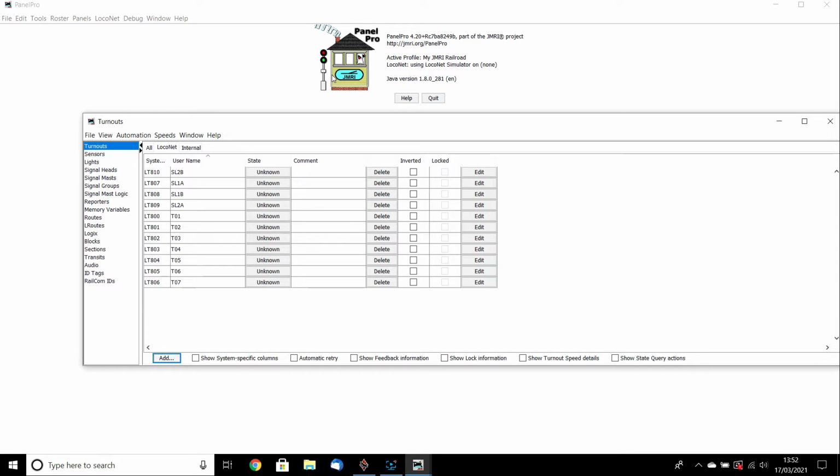So now we have a list. There should be 11 entries for the 11 point ends, because of course each double slip has 2 ends. So that's SL2B, 2A, 1B, 1A, and the points. So that's done. We'll go out of that,